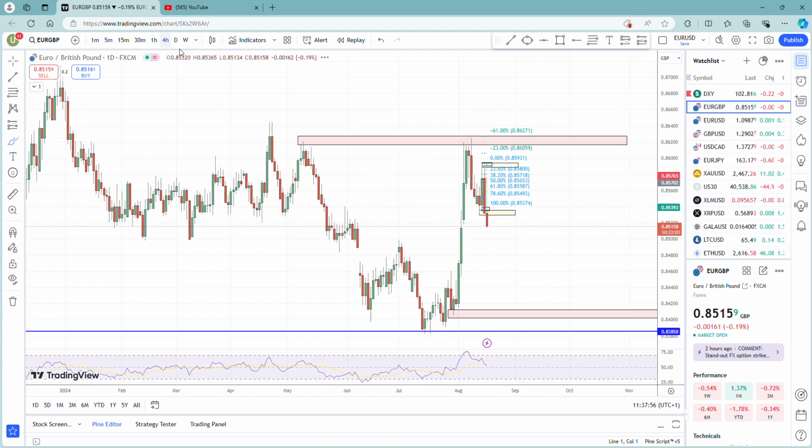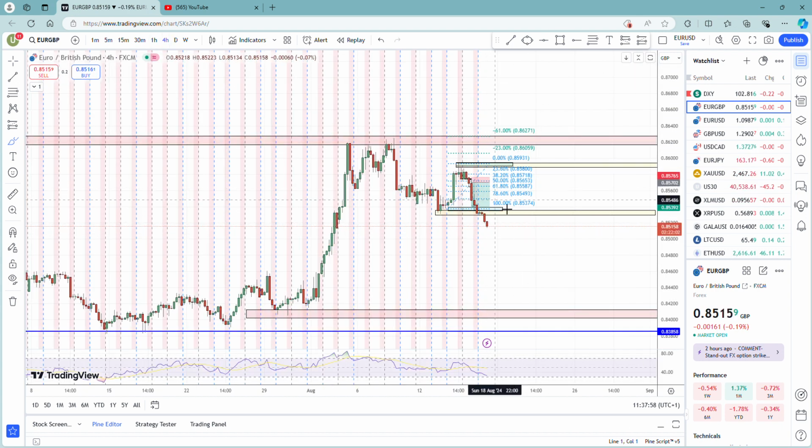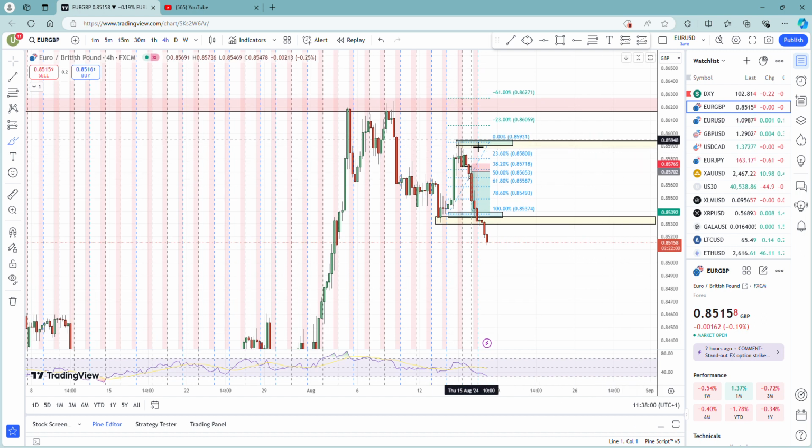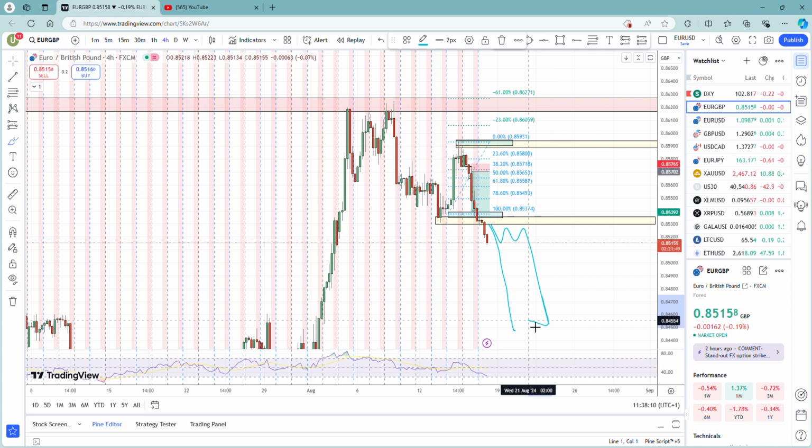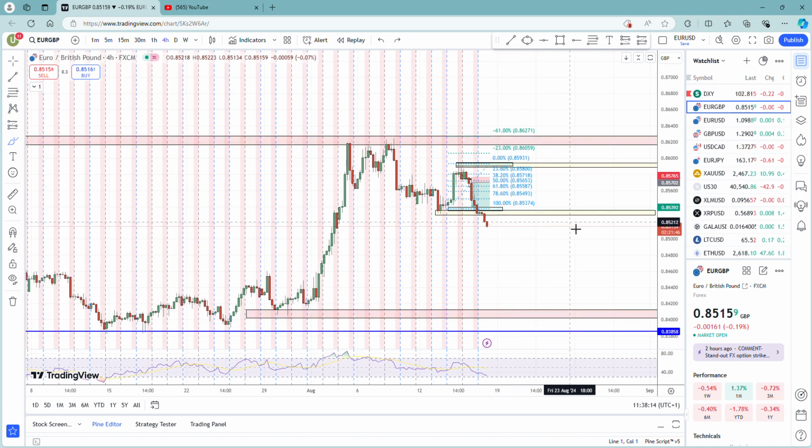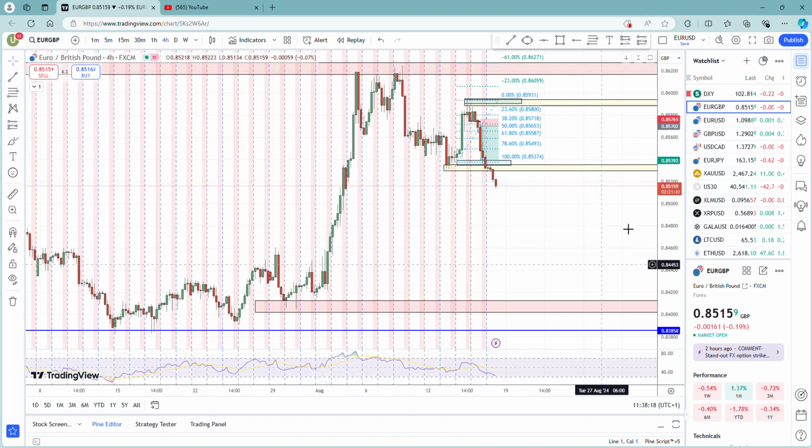If you go to the H4 time frame, you can see yesterday it went from one H4 level to another, and now it's breached this H4. What could happen is it could either just completely go down, or it could retest it and then go down. But it's breached it, so it is going down. And if I update the H4 levels, so if I get the Fibonacci updated now,